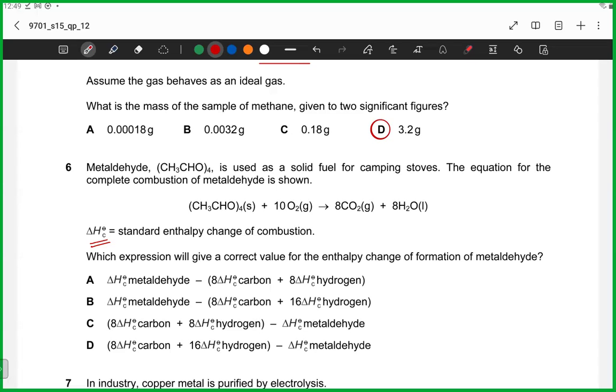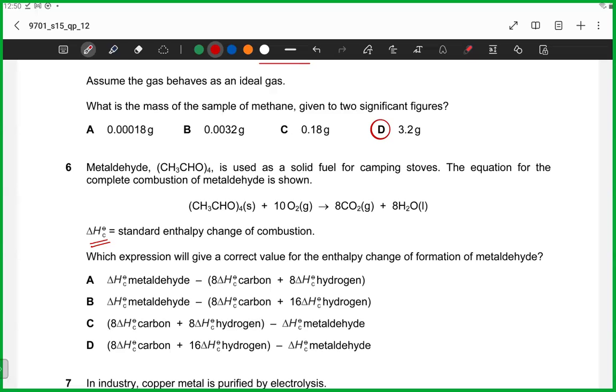Tell me what's the answer? Yeah, how do you find it? It's the heat energy given out when 1 mole of a substance burns completely in the presence of excess oxygen. Energy leaves. Okay, so how would you calculate